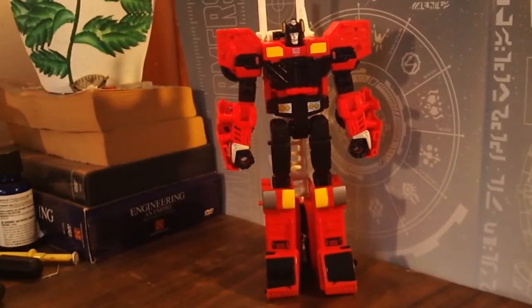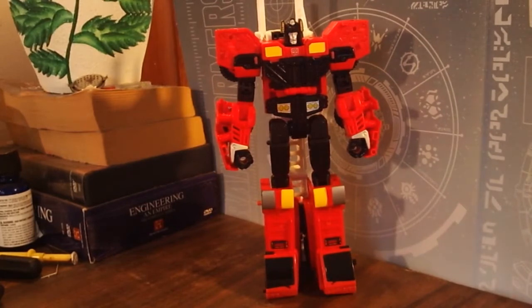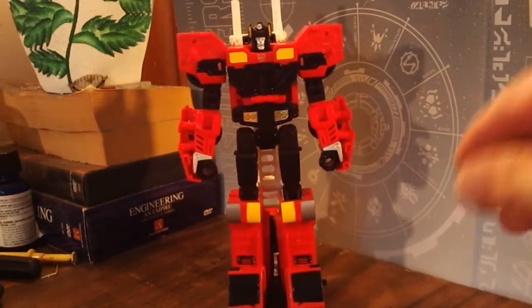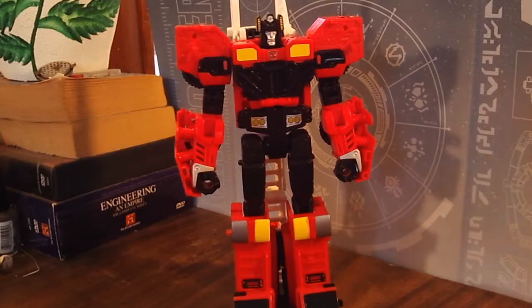I'm sorry about that. Problem with this tripod I bought is it's not very stable. Yeah, I'm planning on buying a new one. Get a better one than this one. But anyway, there you go for comparison. Now, for his torso mode is...